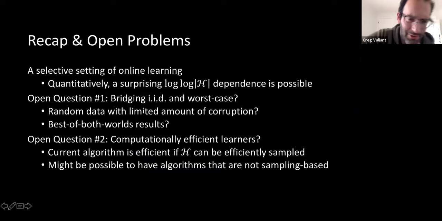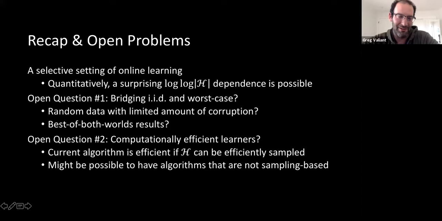Okay. So just some open questions. It's super cool that the people in the chat were optimistic that you could get some really tiny dependence on the size of the hypothesis class. I was very surprised that you could get this log, in part because I spent lots of time trying to show that a polynomial dependence on the size of the hypothesis class was actually necessary.